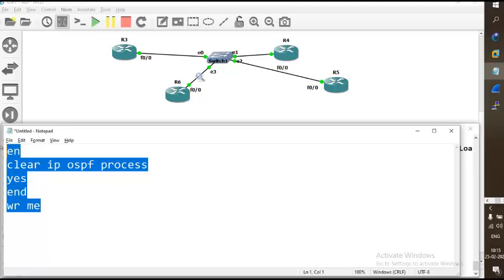Now I'm going to paste this on R3. Okay, well, before that I want to tell you there is no preemption in OSPF. That is what you saw just now. If R3 has become DR within that period of time, when no one comes and says I'm bigger, I need to be a DR, if no one objects, R3 declares as DR. Once it is declared, even if a big priority router comes,